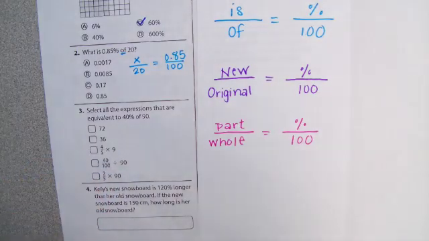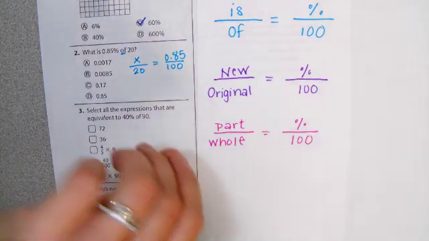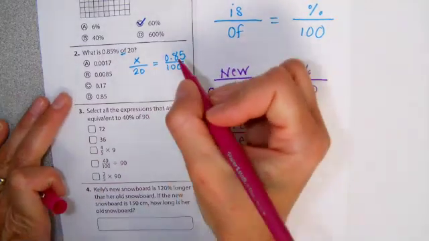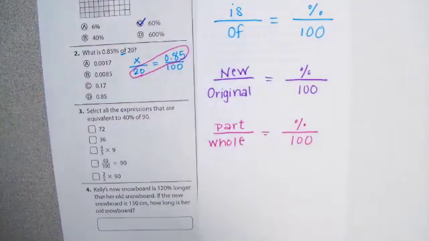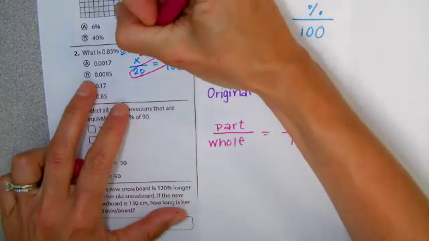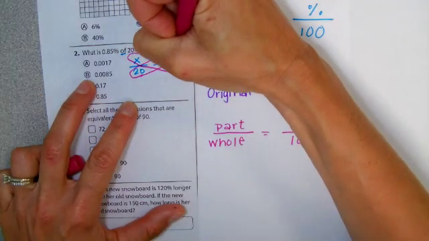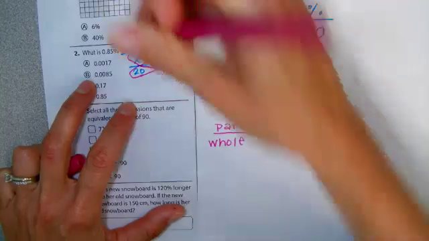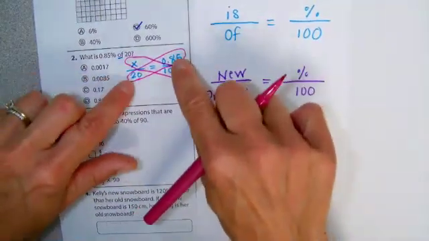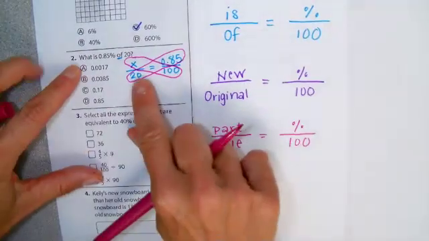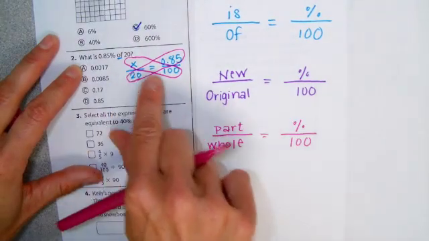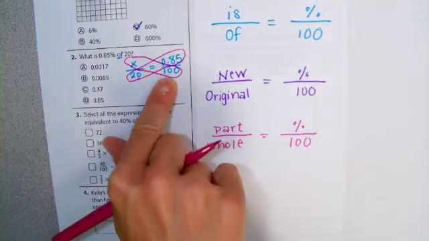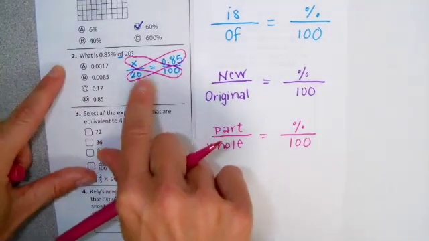So another way that has been successful in our classes is to show that actually, if I multiply 20 times 0.85, if I cross multiply, it's called, it's really equal to if I were to multiply whatever that number is times that 100. These are equal. So what we would do is we multiply the two that we can multiply. We can't multiply X times 100 because we don't know what X is, but we can get an answer for